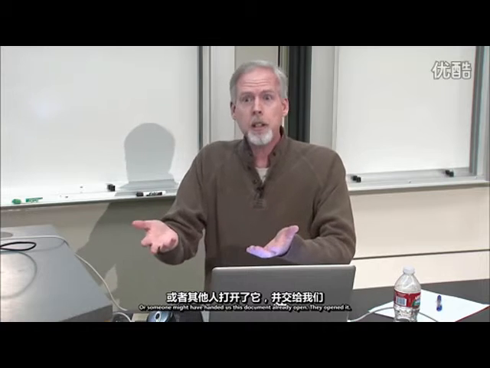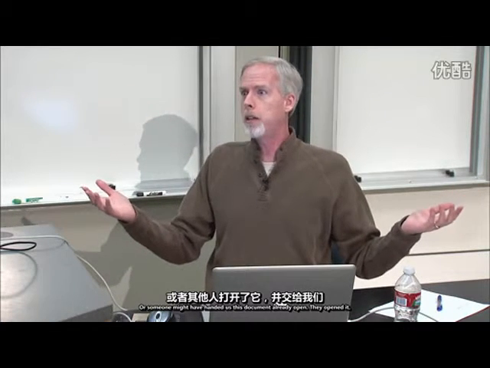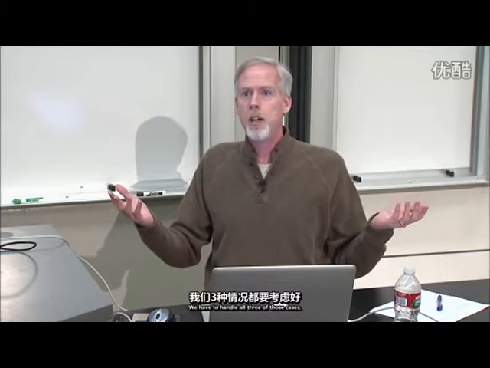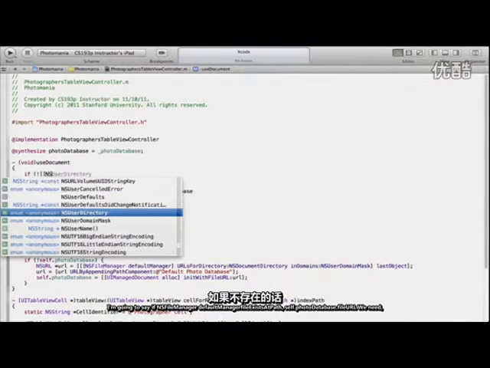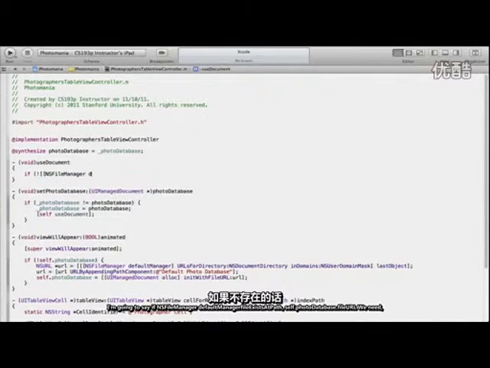Or someone might have handed us this document already open. They opened it. Okay? So we have to handle all three of those cases. Let's start with the case where it's not on disk. So I'm going to say if NSFileManager defaultManager fileExistsAtPath,